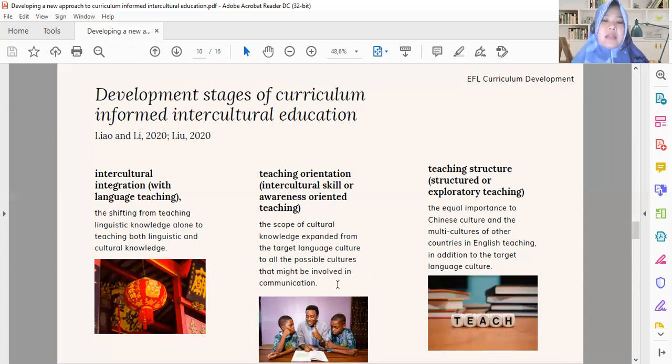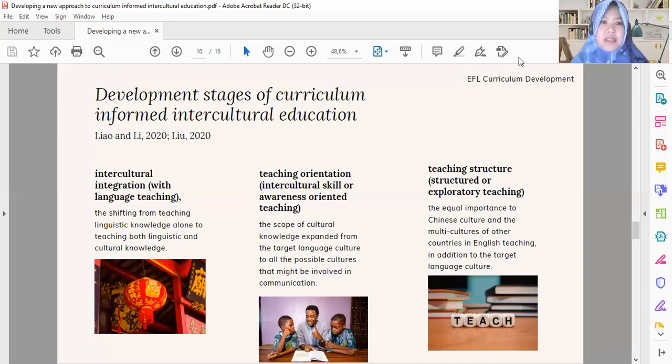So they try to expand the target language culture, not only in the inner circle countries, but also in the outer and extended countries such as Indonesia, Thailand, and many more.